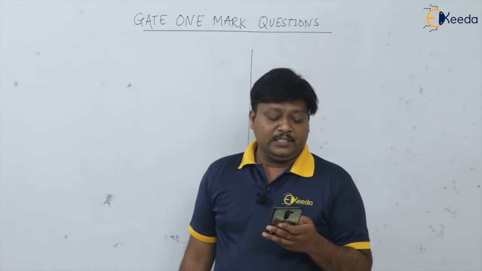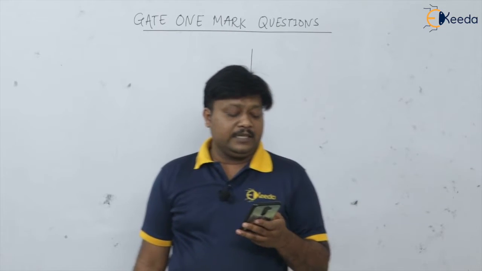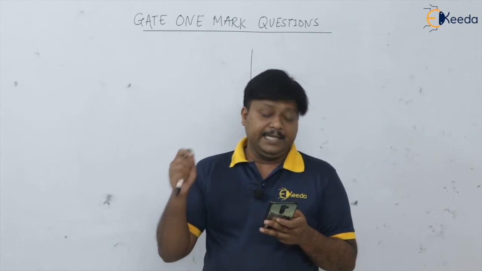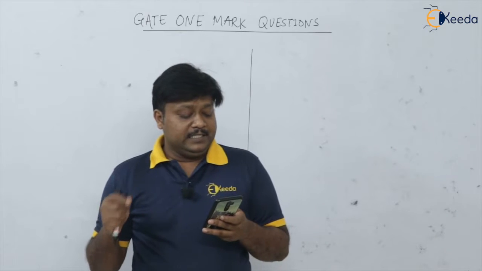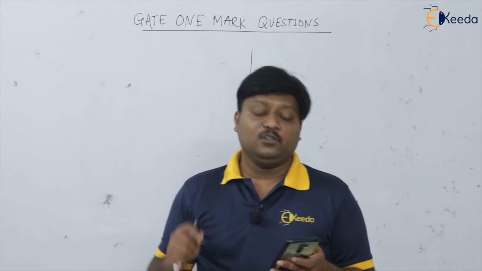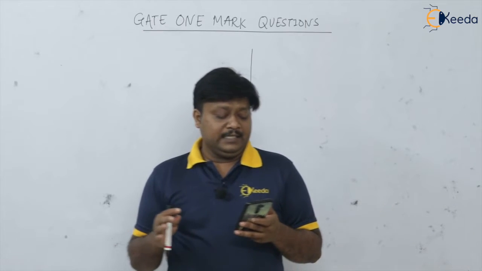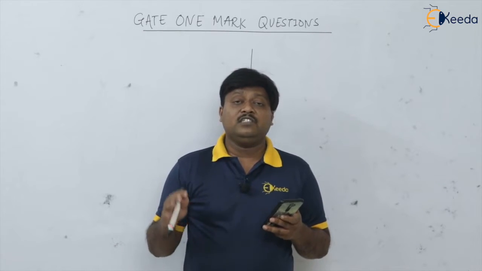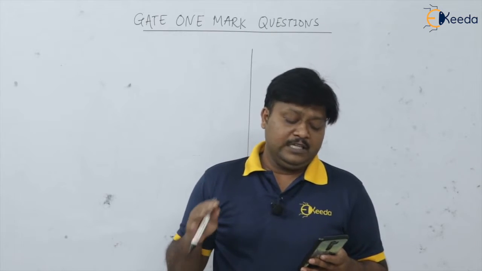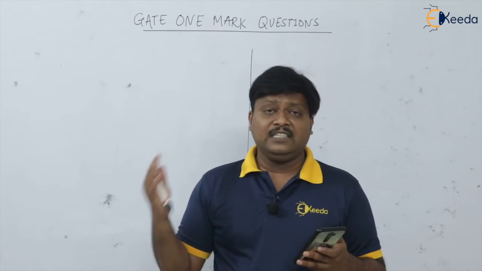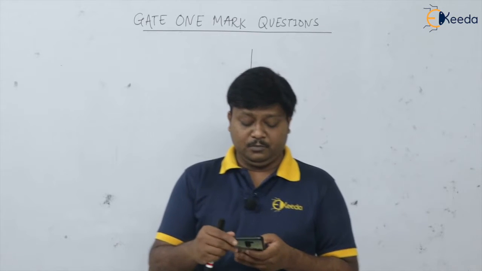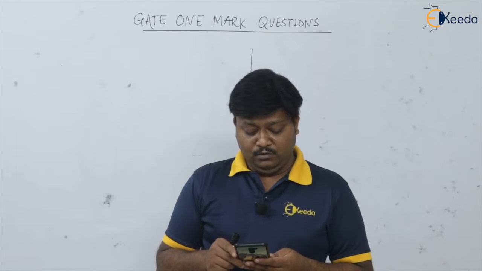Which type of motor is used in the axial or spindle drives of CNC machine tools? Option A, induction motor. Option B, DC servo motor. Option C, stepper motor. And option D, linear servo motor. So we know that in CNC machine tools we are using the servo motors, and in that we are using the DC servo motor. Induction motor nowhere used. Stepper motor is generally used in the NC machine tools. We are not using linear servo motors. Please remember, we are using the DC servo motors.